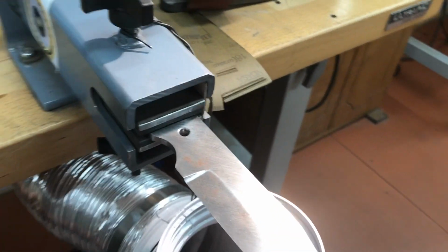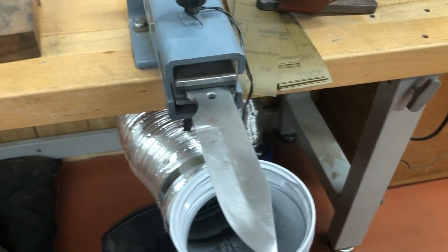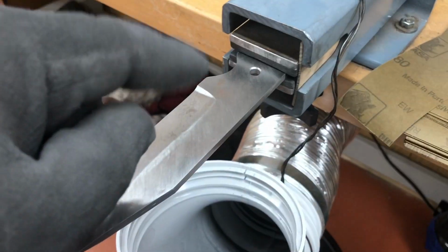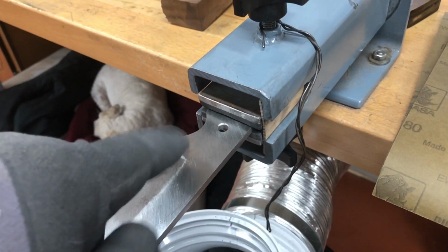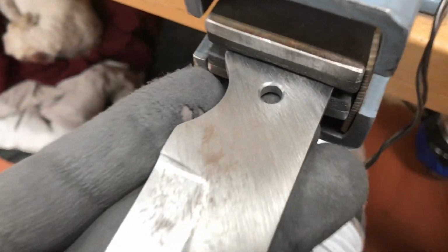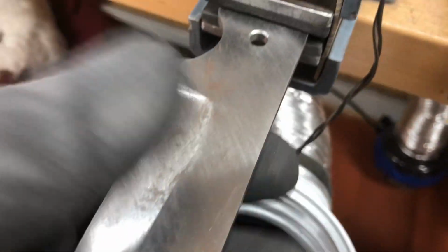Okay, today is Sunday, and I went home Saturday evening, about 4 or 5 o'clock, and I had sanded all these knives up to 120. I'm working on 180 right now. This is the last knife at 180, and then I start all over at 220. Anyway, look at this. It rusted overnight, and that is with me leaving